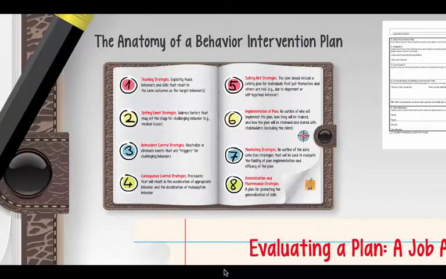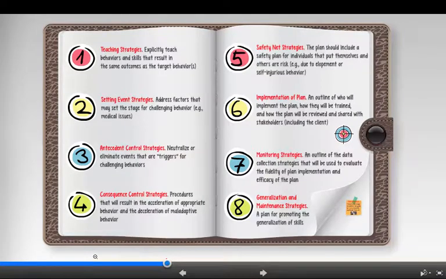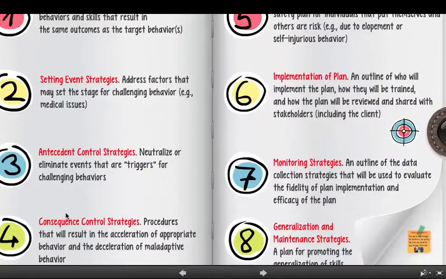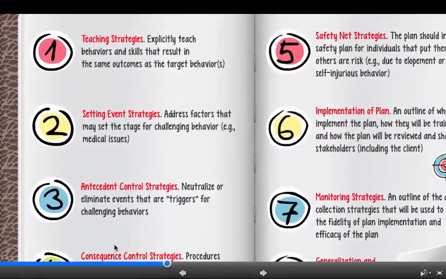So with respect to the anatomy of a plan, that plan will consist of teaching strategies. You'll be explicitly teaching behaviors and skills that result in the same outcomes as the target behavior. Let me give one example there, and this is a fun example for me. It occurred in Boston Public Schools in a very difficult school system in Boston, Massachusetts. And I worked with